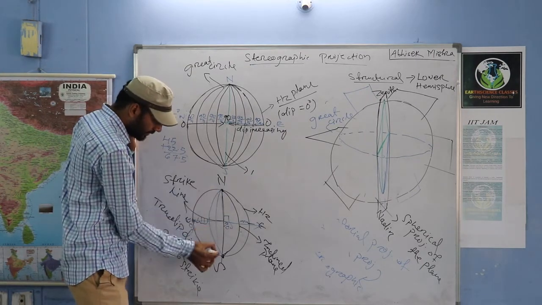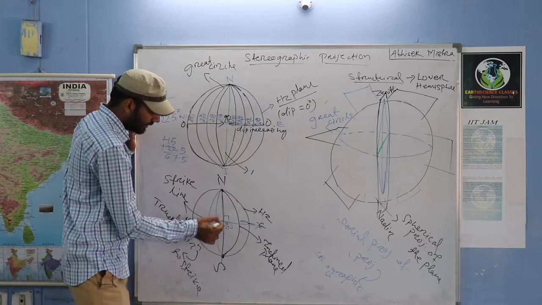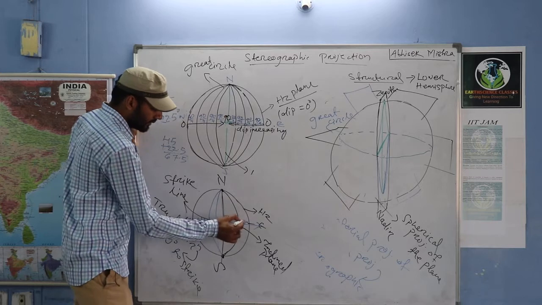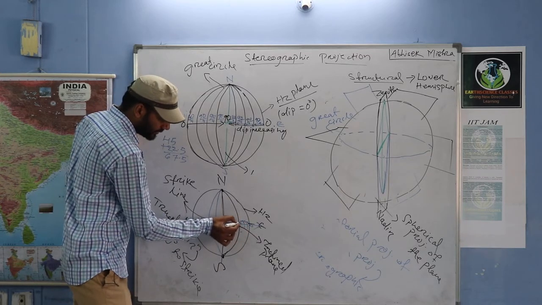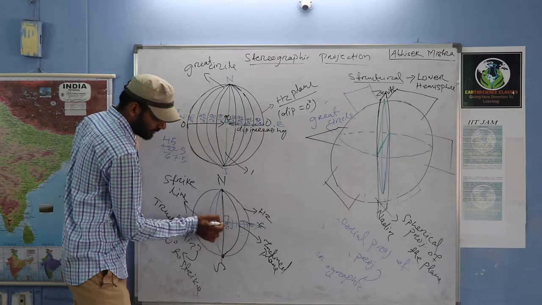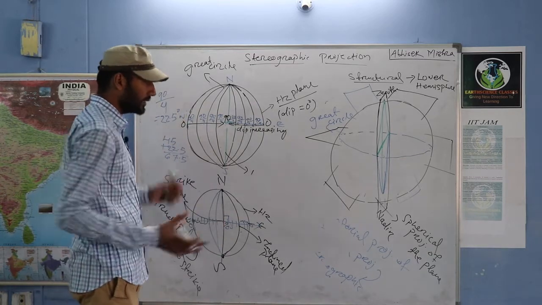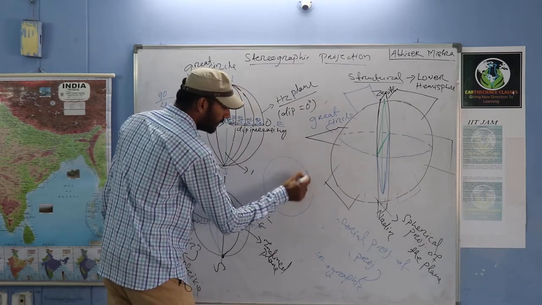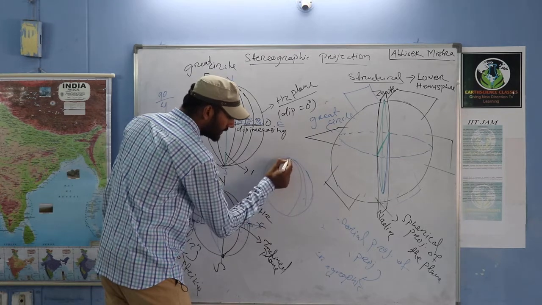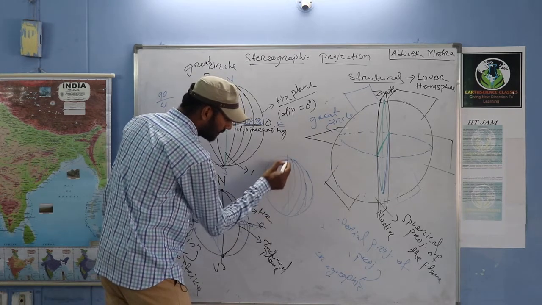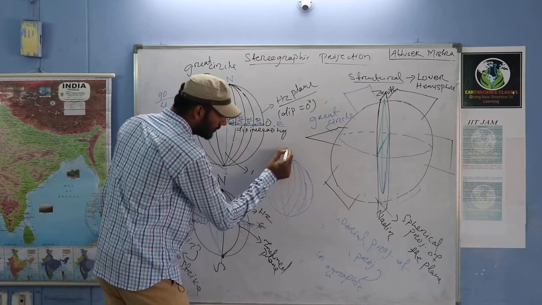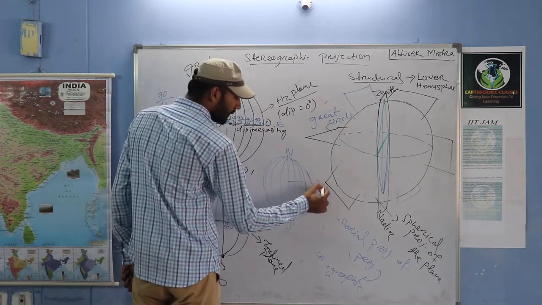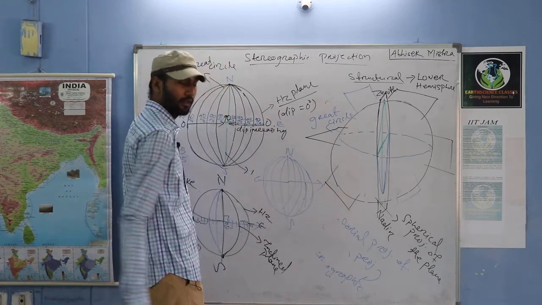If I make a plane here, 70, 80, then 90, like that. Okay, I think all of you got this. Let's say 0 degree, 10 degree, 20 degree, 30 degree, 40 degree, 50 degree, like that. Okay, so in a stereo net you are getting a number of great circles like this, which are all striking towards north-south, some of them are dipping east, some of them are dipping west,